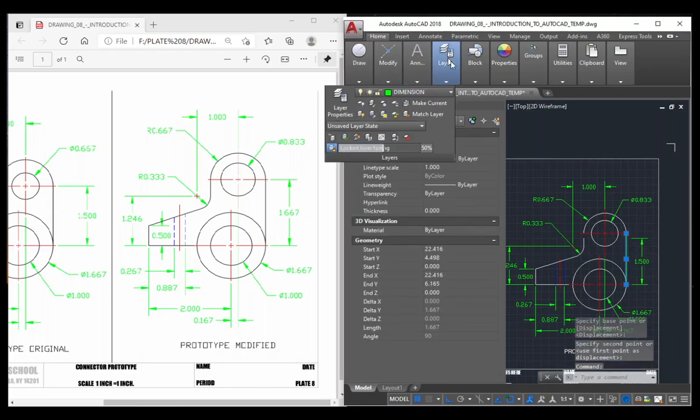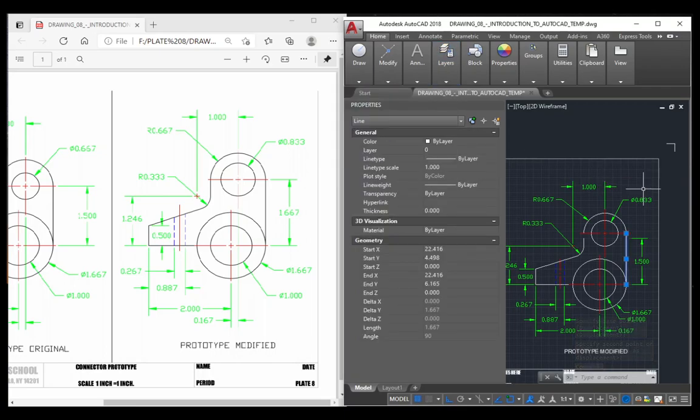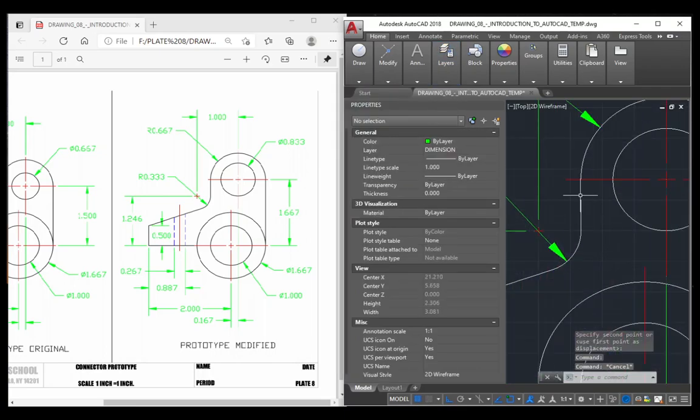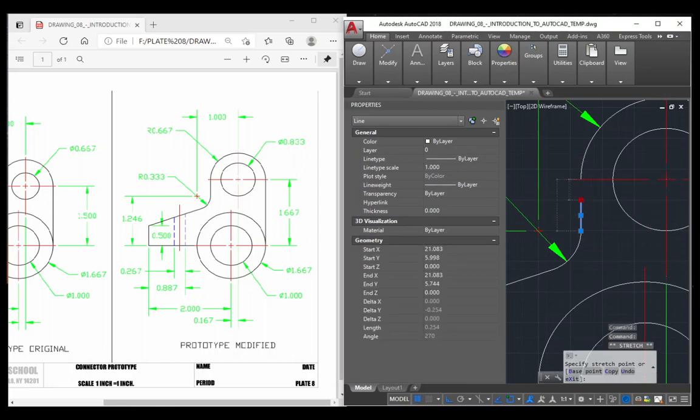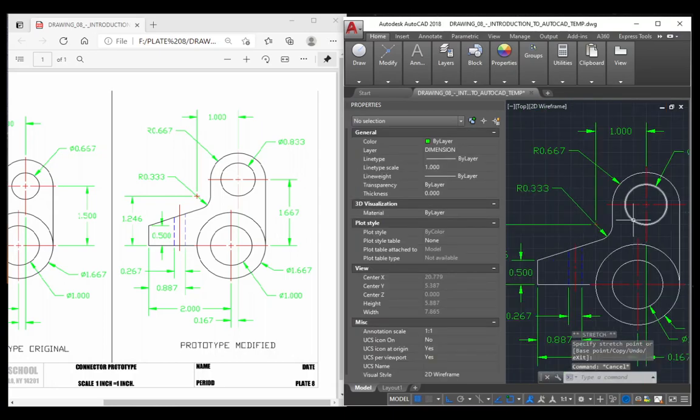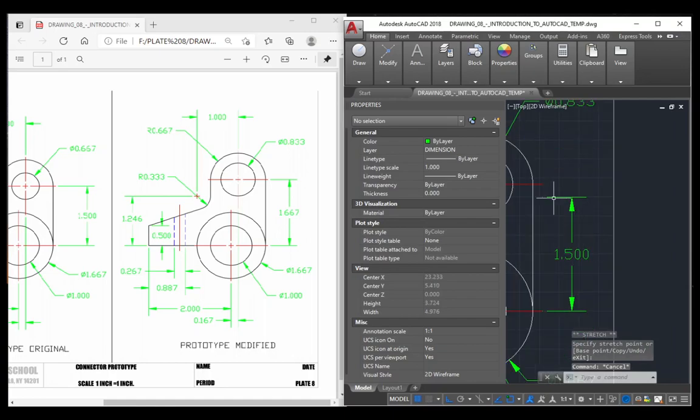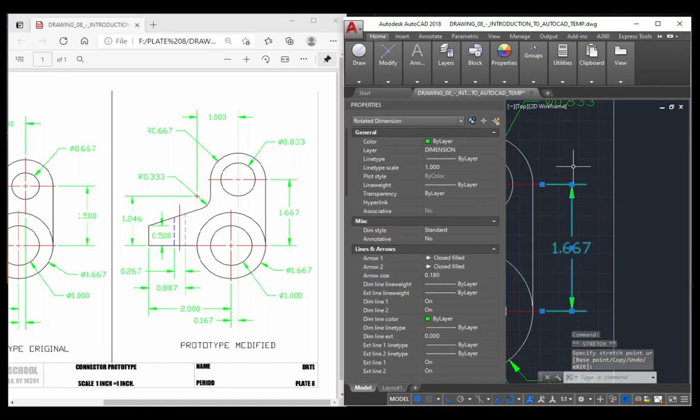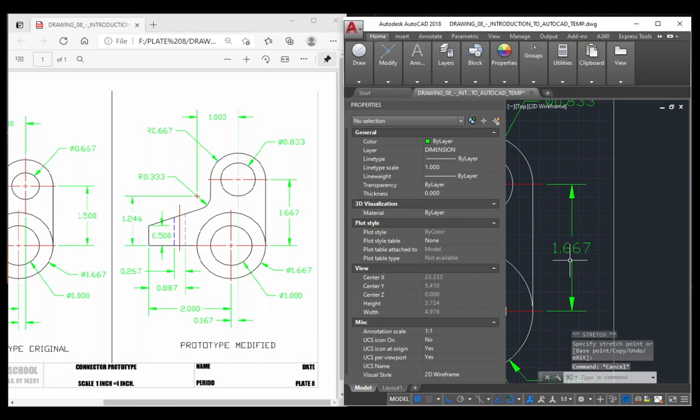I'll take this object here, layer, change it over to my 0 layer, hit escape. And here, grab this point here, stretch it up to right there. Boom, boom, boom. Now we got to change this one dimension here. That there. And you're going to notice it has now updated 1.667,